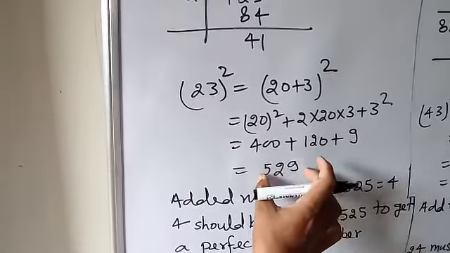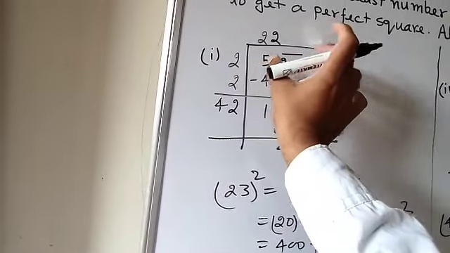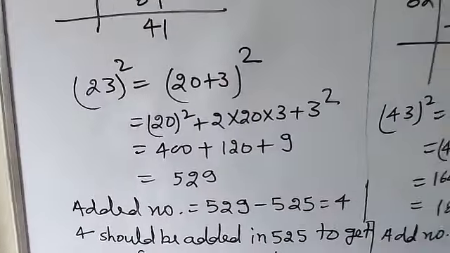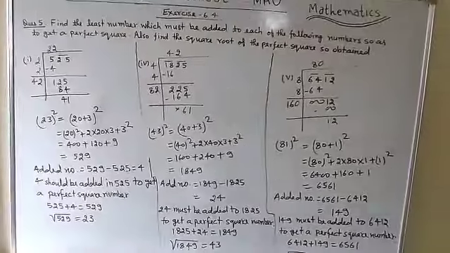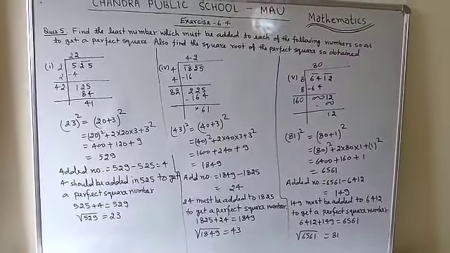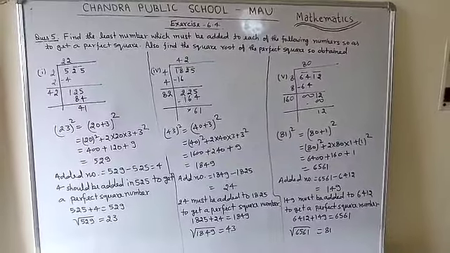And whatever number you get, you need to add such a number which must be added to get this number. So I have followed this method. So kindly don't confuse between both types of questions, what must be subtracted and what must be added. So do more practice to differentiate between both the questions.